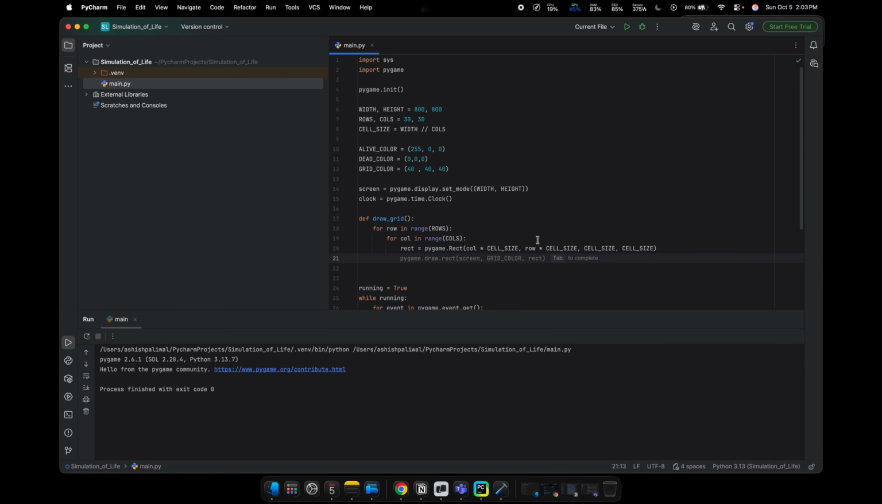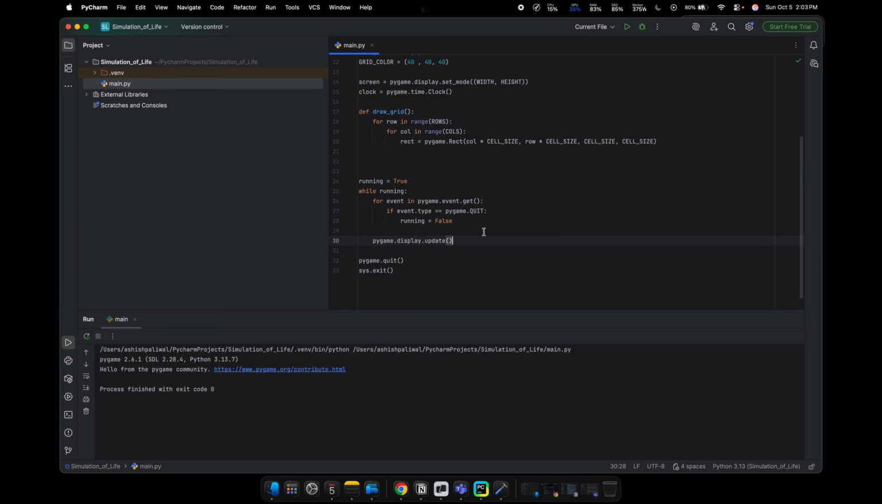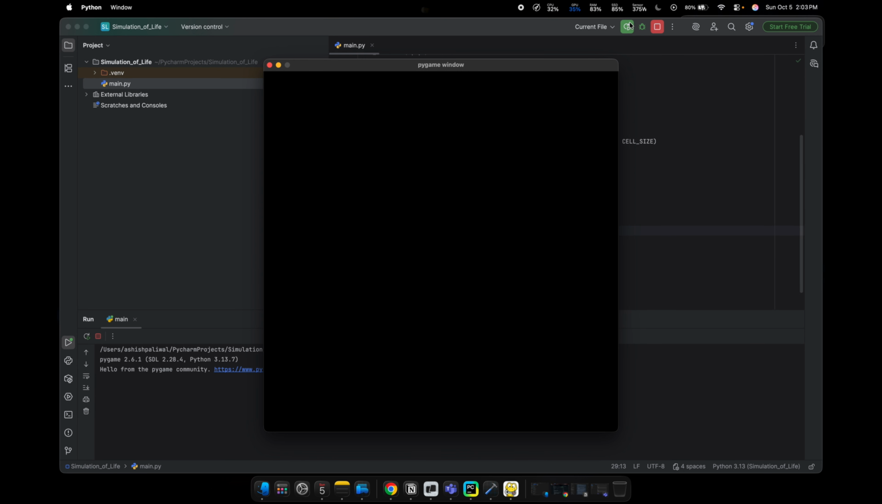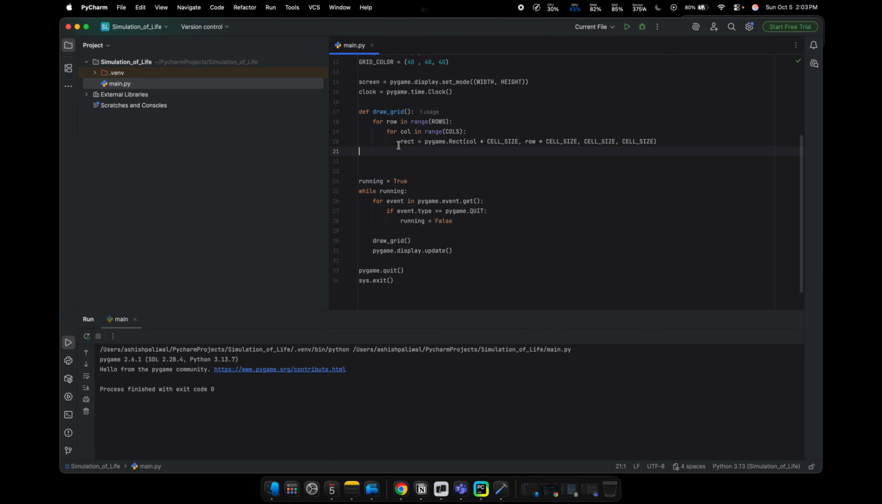Now if we call this function over here, do draw_grid, and run it, you'll see you don't see anything over here. That's because over here we are just creating it as a variable. We actually need to draw it onto the screen. So for that you need to do pygame.draw.rect, and then you need to pass the screen, the color, and what you want to draw. So now you can go ahead and run the code,